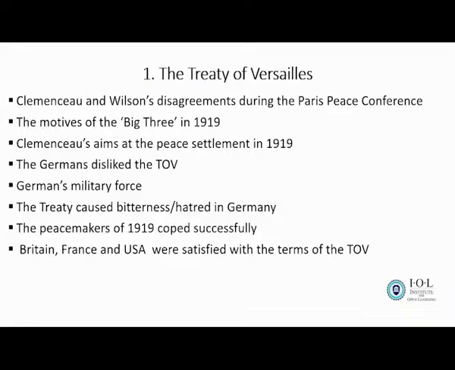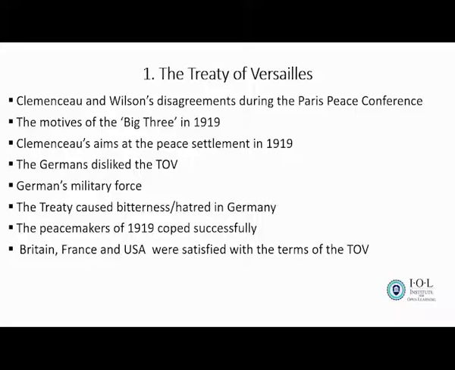That's why they are saying it caused bitterness among the Germans, and they were the only ones to be disarmed, and they were forced to sign a war guilt clause. A war guilt clause means they should agree that they started the war. And this was one of the clauses that was humiliating to the Germans, because they did not like it, and they knew that they did not start the war.